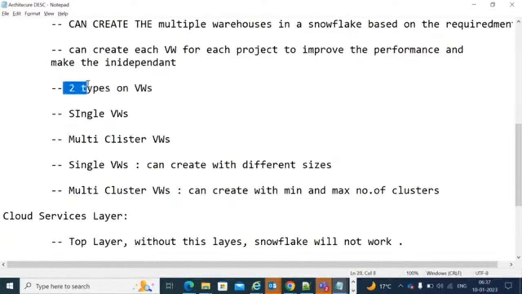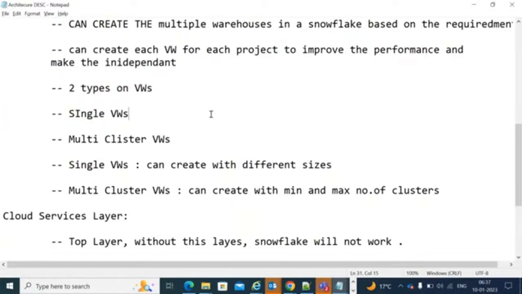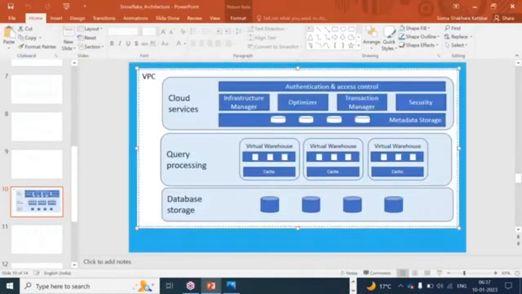We have one separate session on the virtual compute warehouse. We will see more details on it, because this is very important, and you will get multiple questions on this virtual compute warehouse. I am going to take one separate session on the virtual compute warehouse, where we will see the component in detail. So for now,